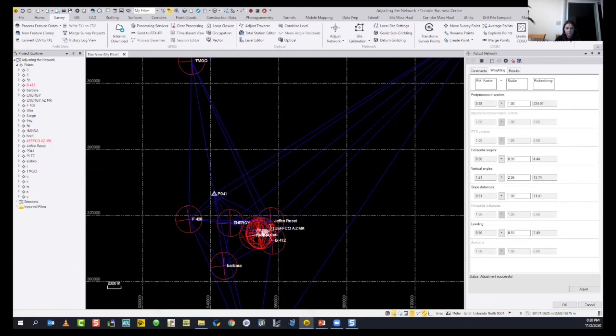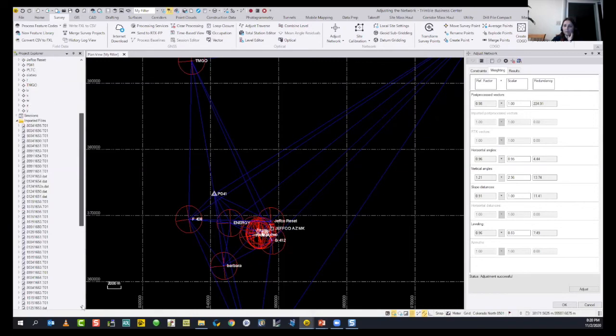I guess, let me check if I have anything else. So I believe this is briefly how we perform the traverse adjustment and network adjustment. Well, yes.